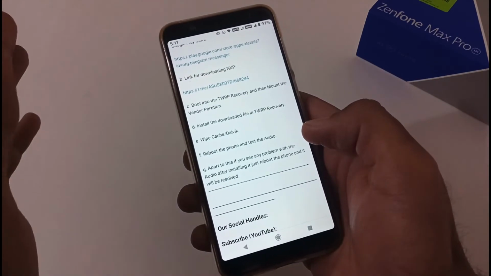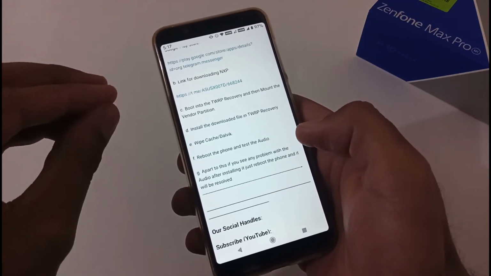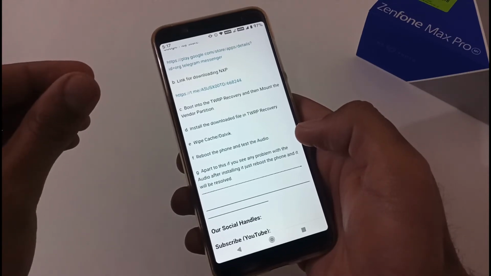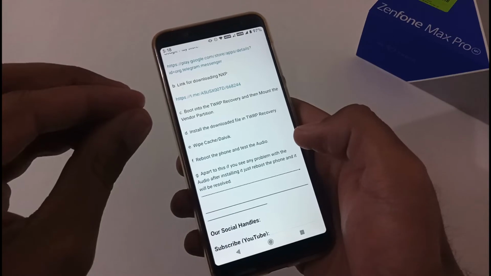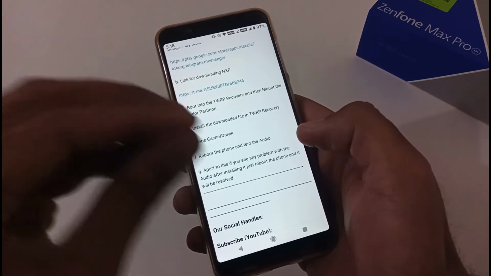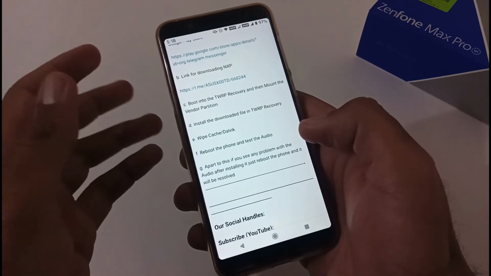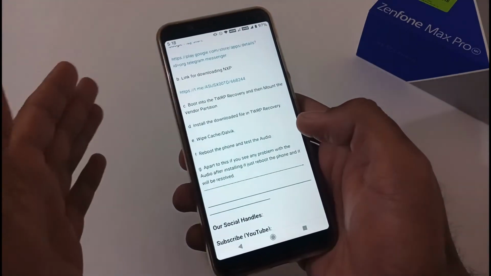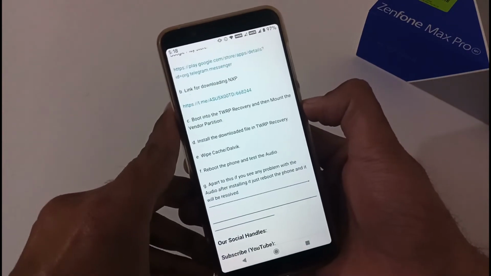Before we proceed to the installation step, let me tell you, this is just the way of installation. There is no other way to uninstall this particular file. So just keep this in your mind, because if after installing this sound related utility you find that your sound is too loud, or it seems absorbed and so on, then you have to flash a new ROM, because there is no way of uninstalling it. So let me reboot into the recovery mode.